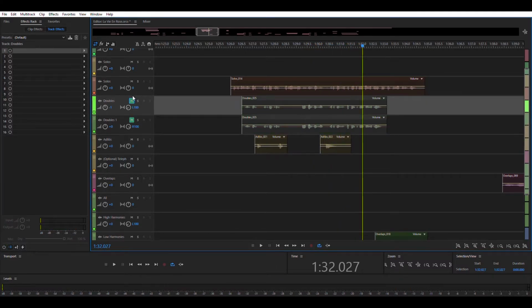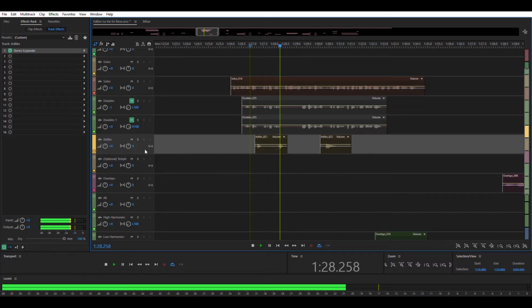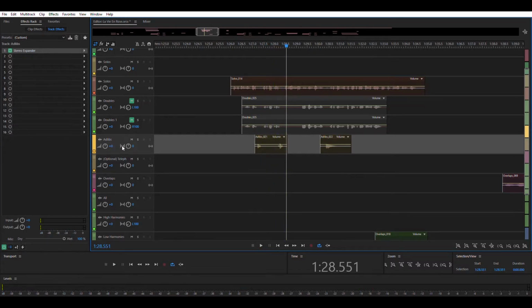I'm going to mute the doubles first. So right now they're both in the center. Okay, so they're not panned, they're not doing anything, they're just basically right there in your mix. So now we're going to make it either wide,